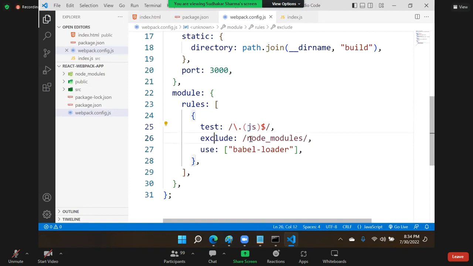And exclude node_modules. That means don't compile the JS files present in node_modules. It will take time. Why? Because Babel has to compile only the JS files that are present in your src, not those in node_modules, because node_modules also has all JavaScript files belonging to different libraries. If they also started compiling, it would take so much time. So what we have to do is exclude the compiling of node_modules, and compile only the JS files that